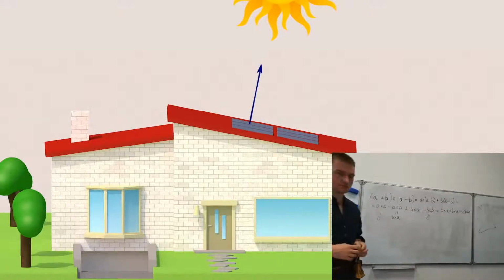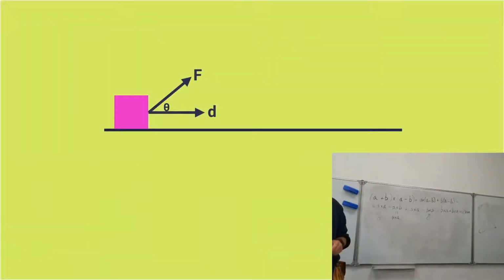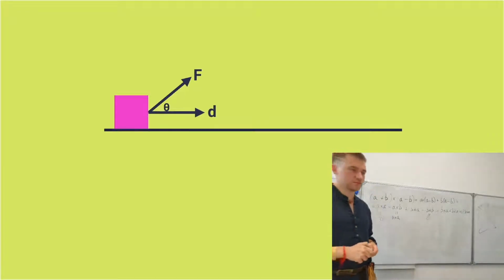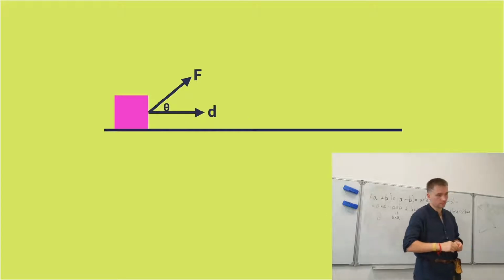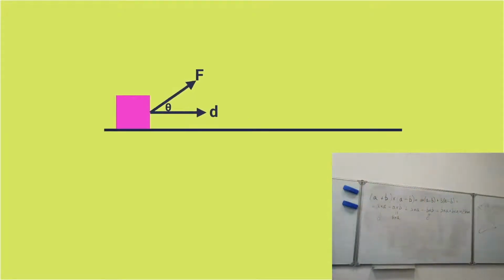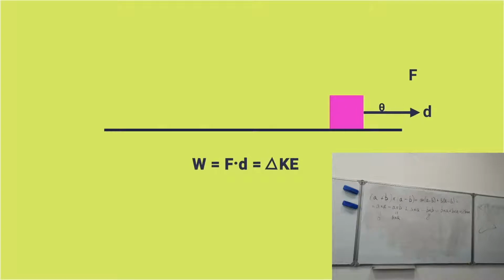Or another simple application, which is probably the first for a lot of us, is with work done by some force. If you pull a block or wagon or something at an angle along a frictionless surface, so long as you don't pull too hard, that object will slide along the floor in the direction of D. And the closer that force vector is to the direction of motion, the larger a change in kinetic energy you get over some distance. And this can be seen in the equation for change in kinetic energy being force dot